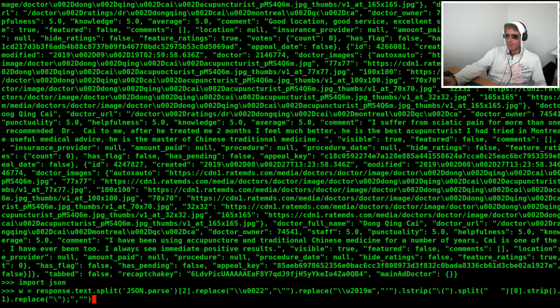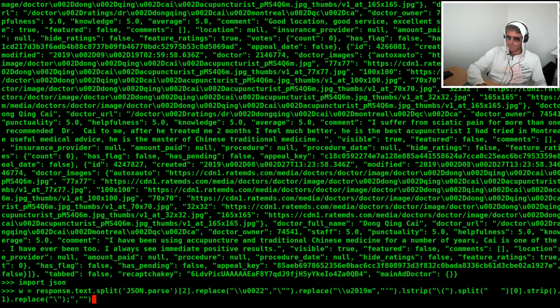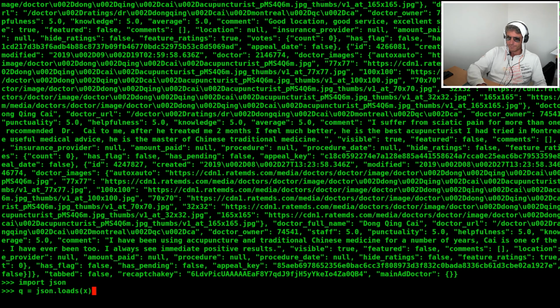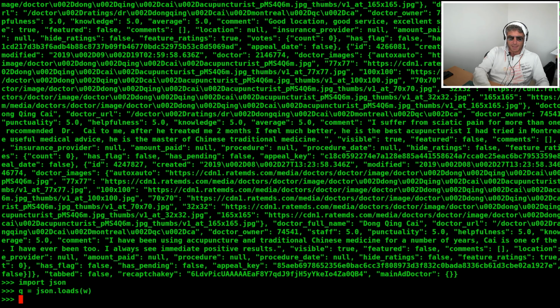So response.text split, strip, replace equals W. Now I'm going to load W into json.loads, into a new variable called Q. This is still Scrapy shell, but you can treat it as if it's just normal Python shell.